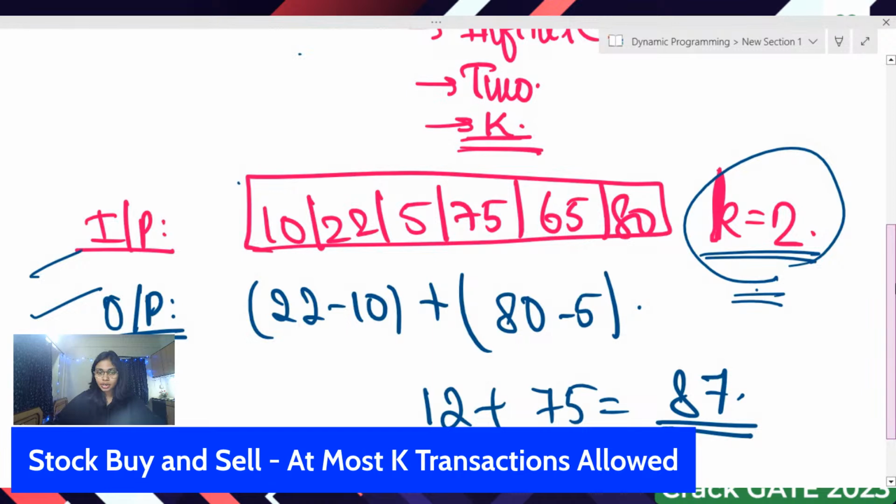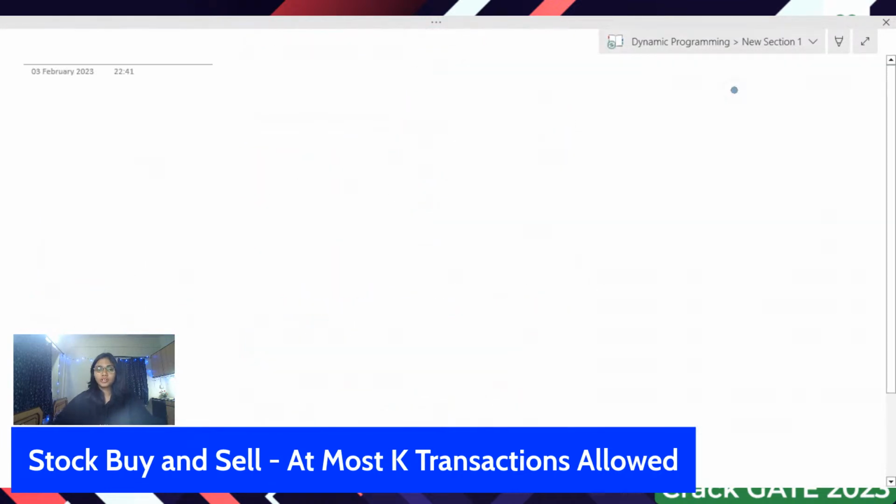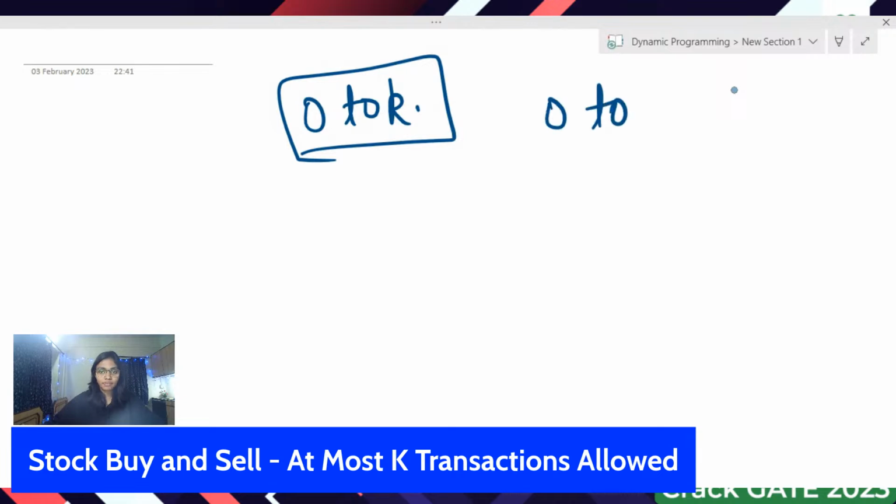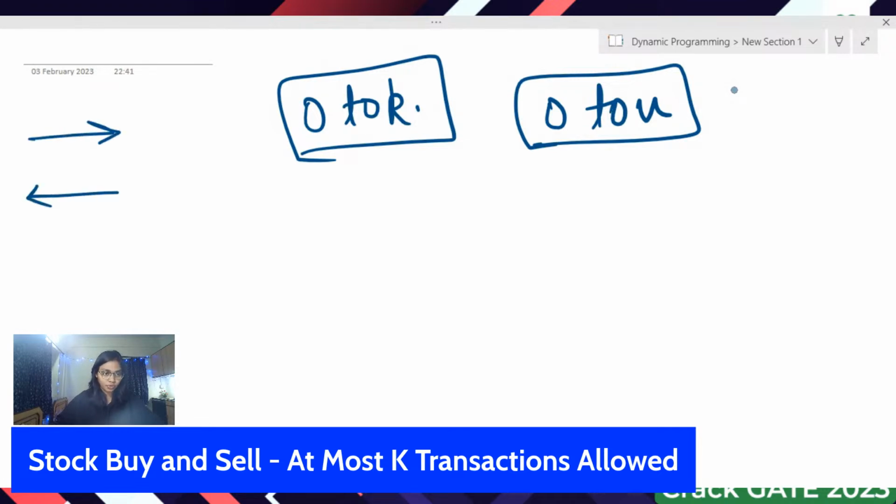Now let us see how we can proceed for this question. First of all, the number of transactions goes from 0 to K, and in the array we have 0 to n, and we are making choices. When 2 transactions were allowed, we did one traversal from first to back, and then another traversal from back to first. But here it is not possible to do the traversal K times. That is not a very optimal choice. So rather than doing traversals again and again, you can create a 2D vector, or a 2D table,